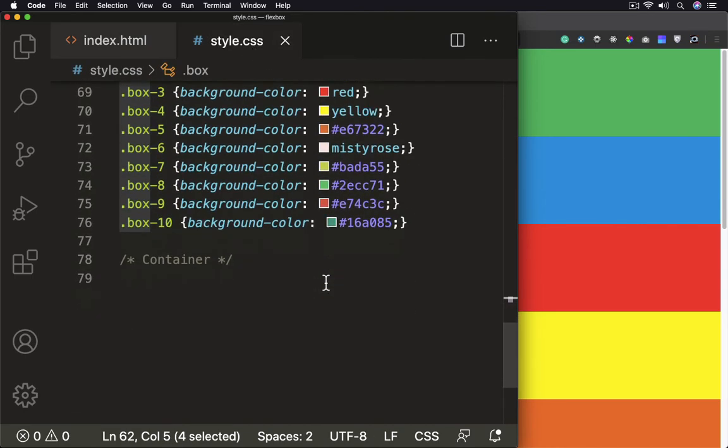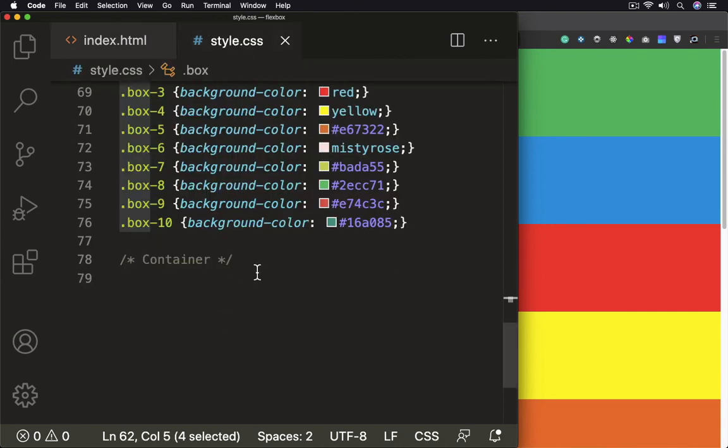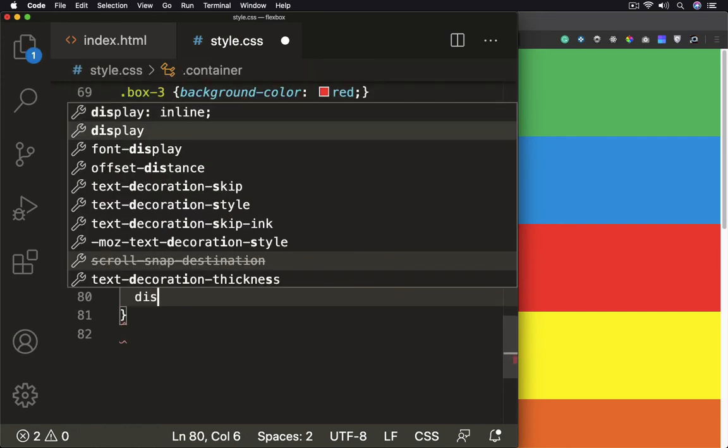So there is one property inside Flexbox, that is display flex. The display flex rule is very necessary because Flexbox comes with a few different properties. Some properties can be applied to the parent, some properties can be applied to the items. To make use of all those Flexbox properties and values, the very first thing we need is to get into the Flexbox zone. And to get into the Flexbox zone, we apply display flex to an element. So for example, let's apply display flex to this container and we will see what happens to its children. So to the container here, let's apply display flex.